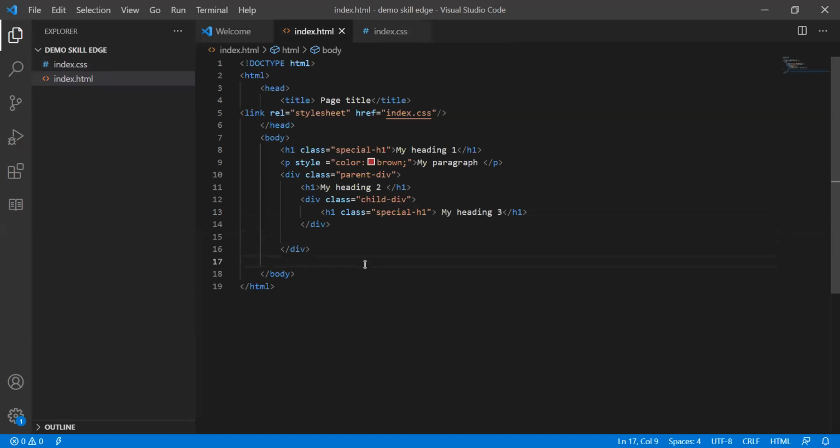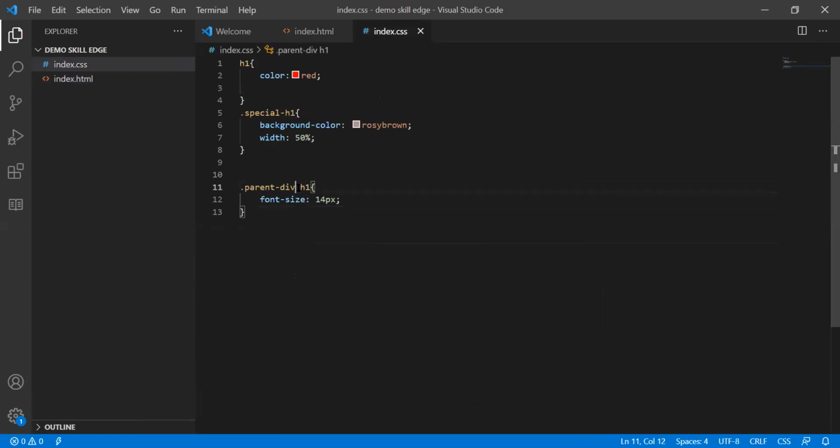So if you consider that this we don't need to apply for child div, we wanted to apply only for the parent div. We just only wanted to apply CSS for this particular. We don't want to apply it for children tag or a grandchildren tag. Let us see how we apply that as well.